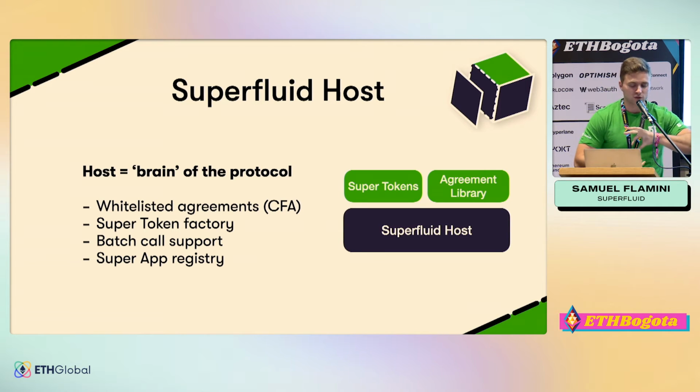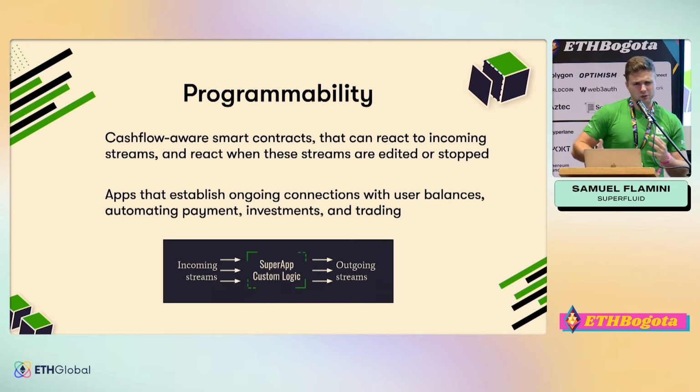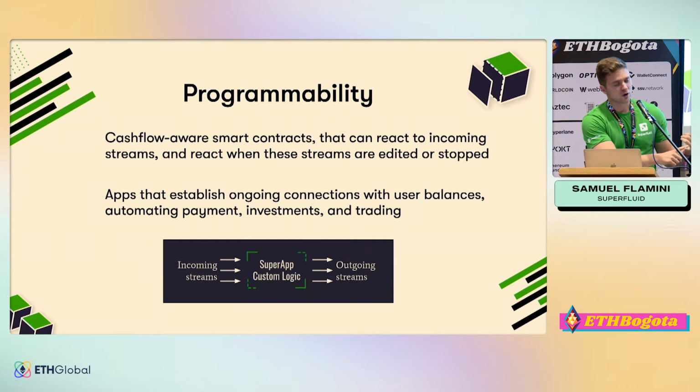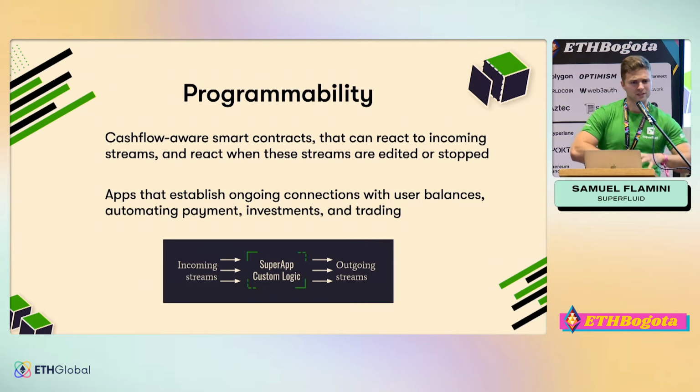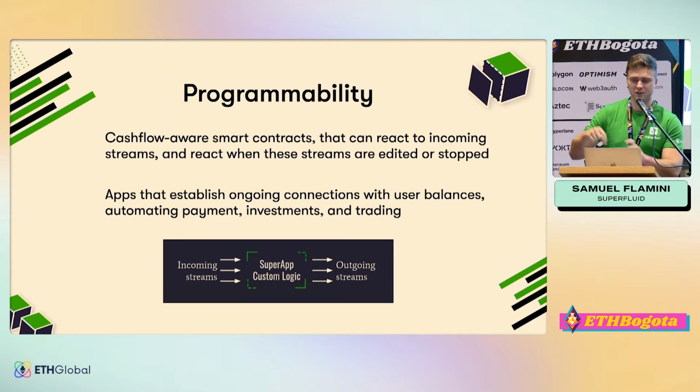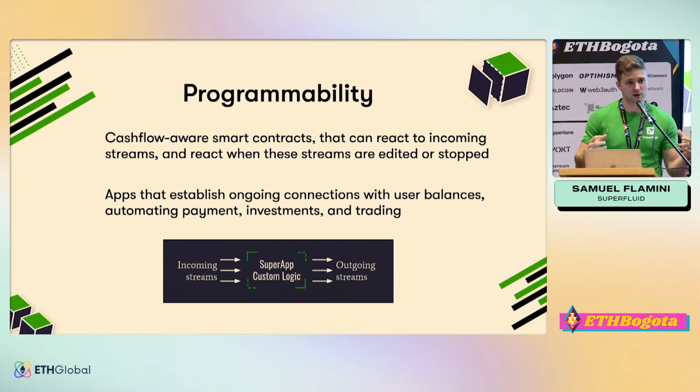And then it also serves as a registry for something called a super app, right? So what is a super app and why is that interesting? Well, the other interesting component of Superfluid is that it is programmable, right? You can build contracts that are aware of these streams coming in, that have callbacks which can automatically run whenever a contract starts receiving tokens, whenever those streams are updated, or whenever those streams are deleted, right? So this opens up all kinds of really interesting connections between smart contracts that forms a really interesting network that I'll show you a visualization of in just a second.